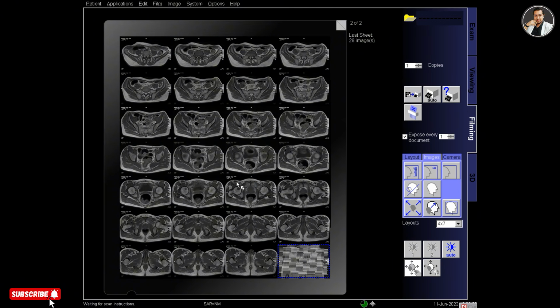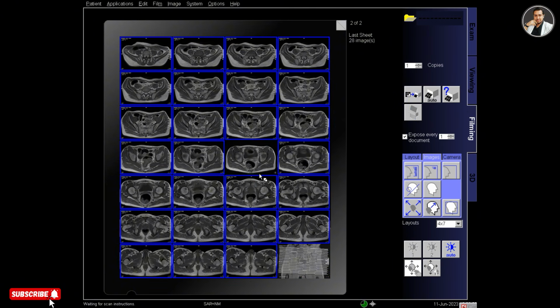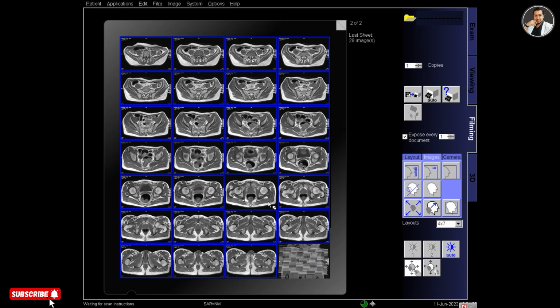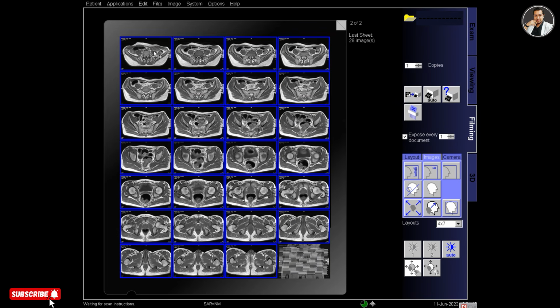So I think this is the last sequence that I have, T1 transverse. This is the last sequence. So adjust the contrast and print out.